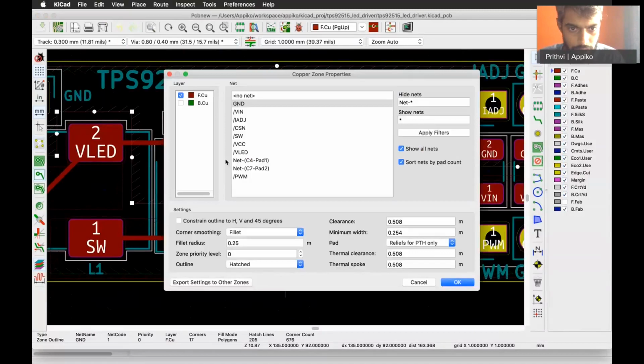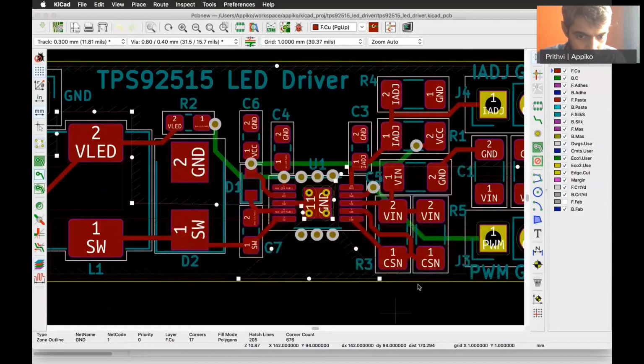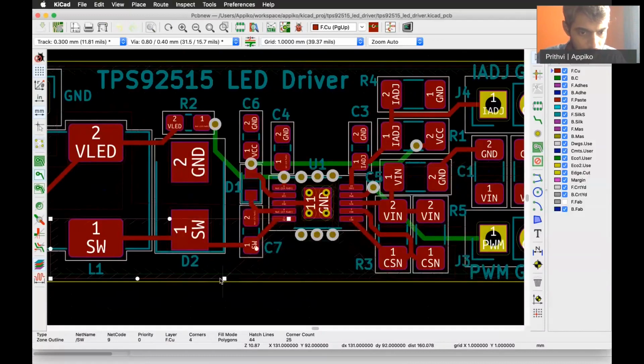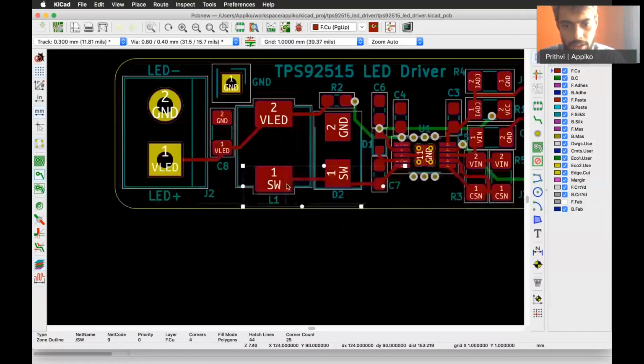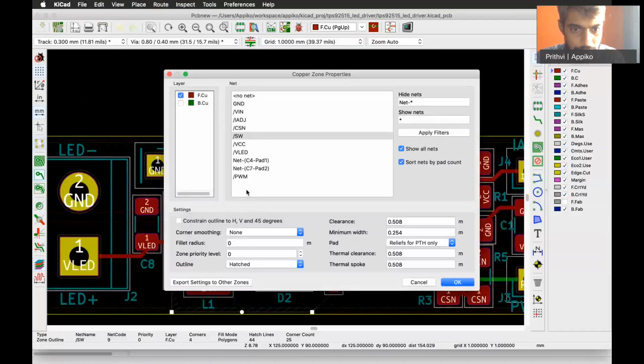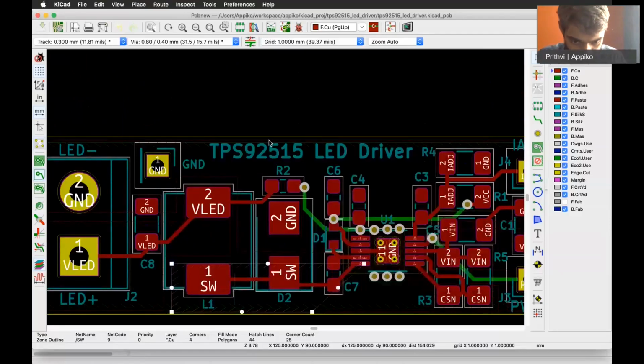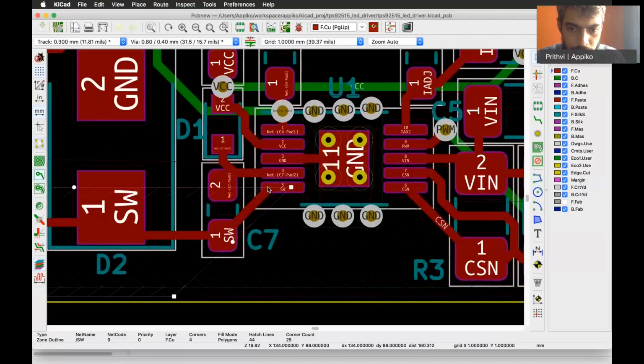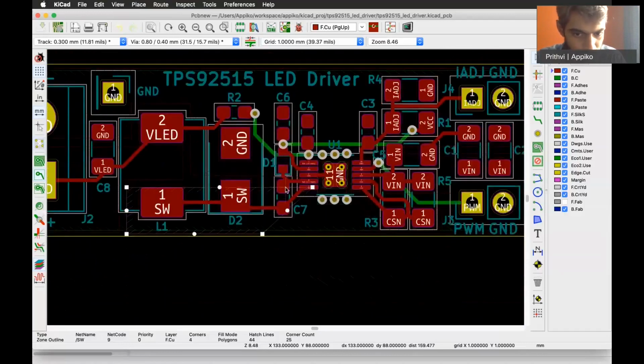If you click E, it is connected to the ground layer. This particular copper track that you can see here is connected to the switching layer, so that from the switch pin of the IC you have a big track coming out.